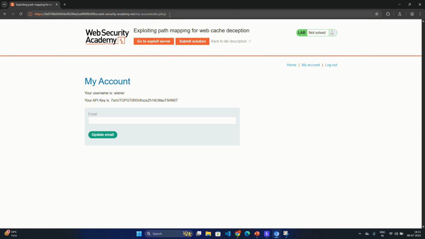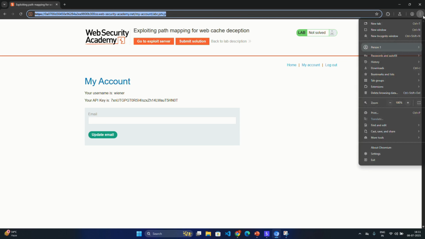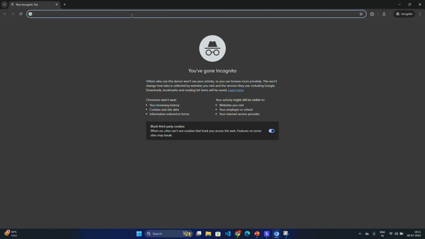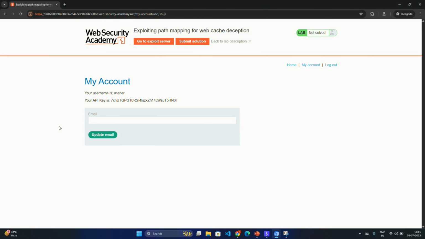Okay, this gets random. Now we'll go to an incognito tab. We need to be fast enough. And we can see the user wiener's profile details without logging in. This means that the user's data has been cached onto this path, and any user who visits this path will be able to see the user wiener's profile info.